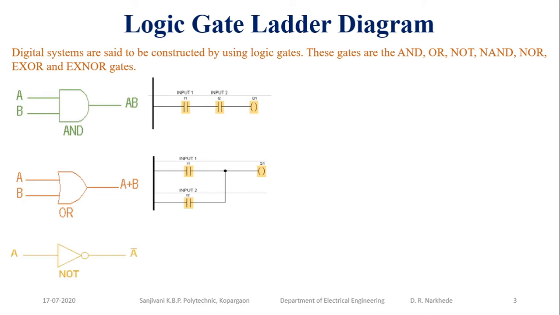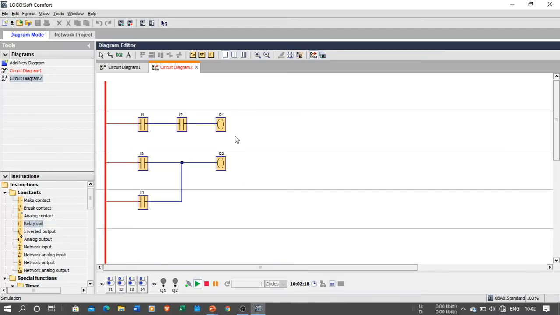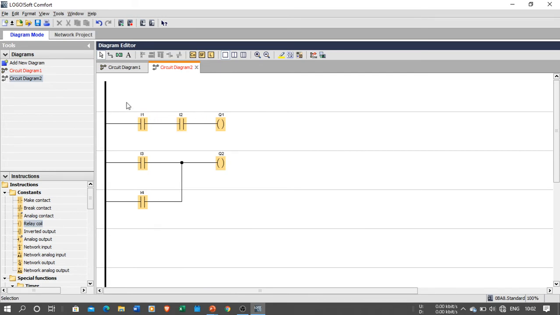Now next we are going to discuss the NOT logic. Now what is the NOT logic? Whatever the input, the output is the complement of your input. So that we are going to check over here. Implementing this is quite difficult, so we will just stop the simulation.